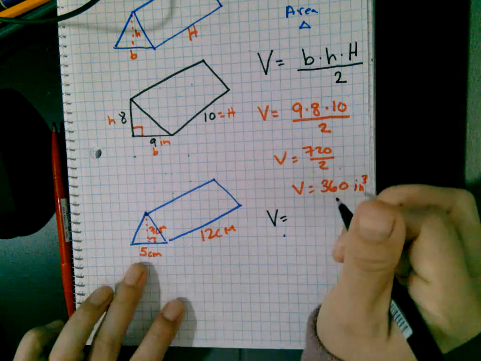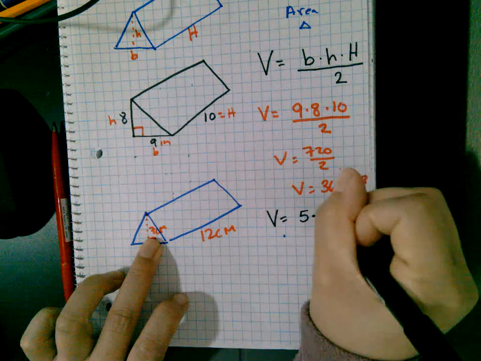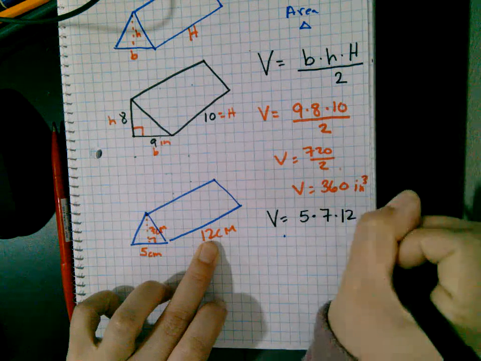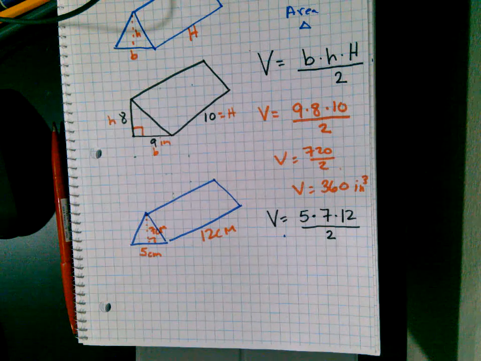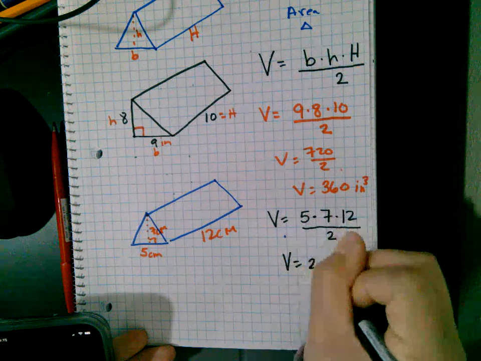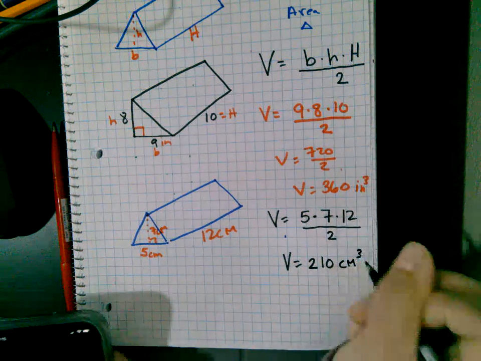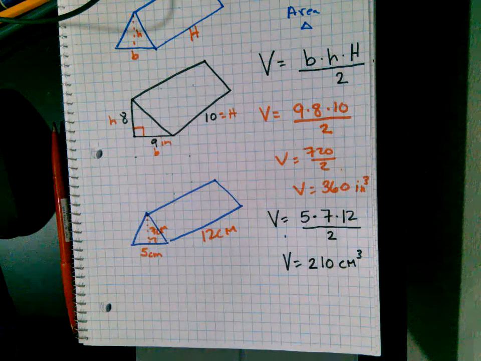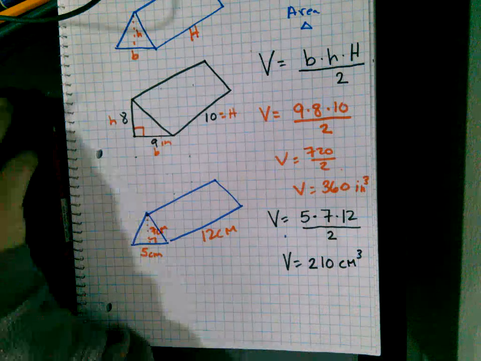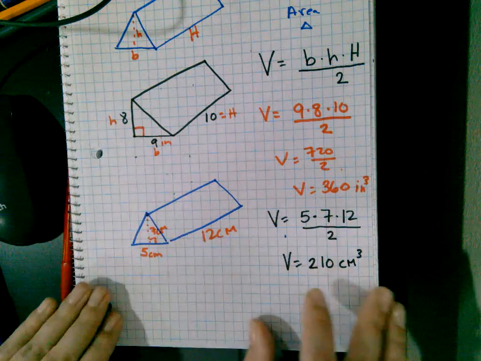So volume is equal to my base of 5 times my height of 7 times my big height of 12, all divided by 2. Totally going to use a calculator. 35 times 12 divided by 2. So my volume is just equal to 210 centimeters cubed because it is volume. So with volume, we cube. Any questions on that one, this part, before we move on to the next shape? All right, so